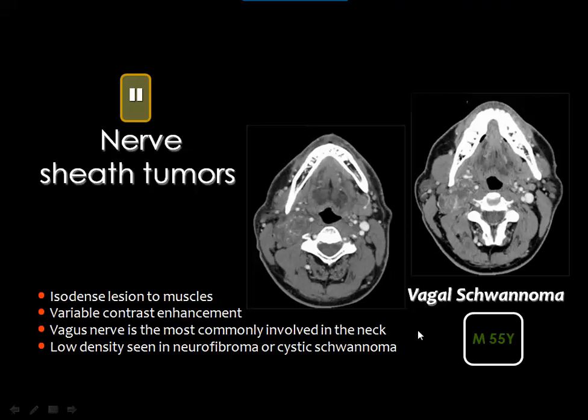And the schwannoma may be related to the vagus, like the vagal schwannoma, or elsewhere, as I have explained in the parapharyngeal space lesions. I said that the posterior compartment near the carotid space may contain these neurofibroma or schwannoma, and this is considered one of the three main differential diagnoses in this place, which are the glomus tumor, the schwannoma, and